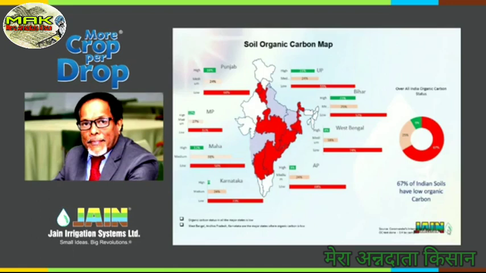Now you may ask me, why do we need carbon? I have urea, I keep on adding urea. Please understand, even the urea's nitrogen availability to the crop happens only if there is sufficient organic carbon in the soil. There is something called a carbon to nitrogen ratio which you have to maintain. When you add more urea, you are getting more nitrogen and proportionately lesser carbon. Crops will have to suffer. To summarize, 67% of Indian soils have very low organic carbon. This is actually a very frightening thing for Indian agriculture.